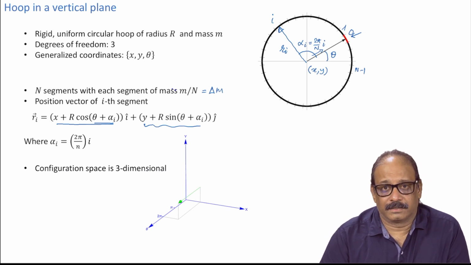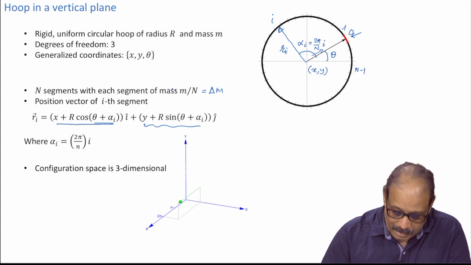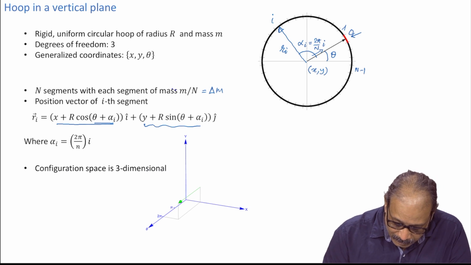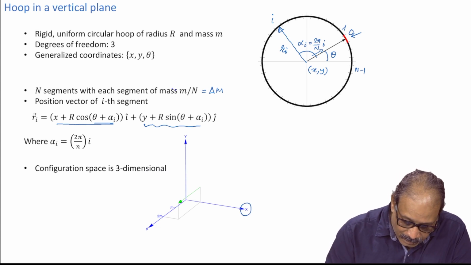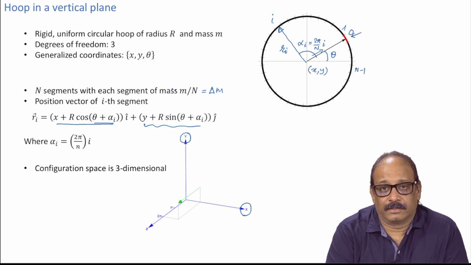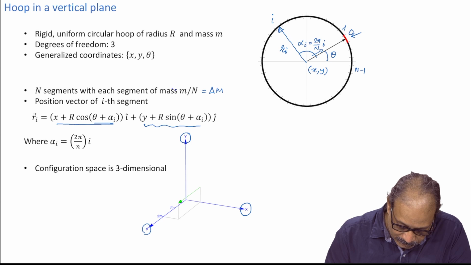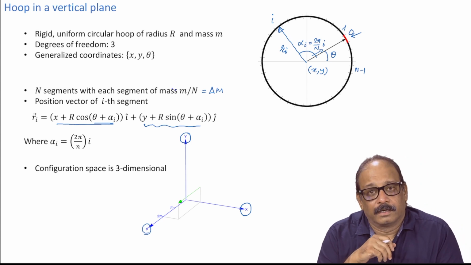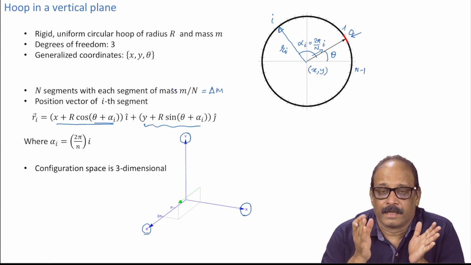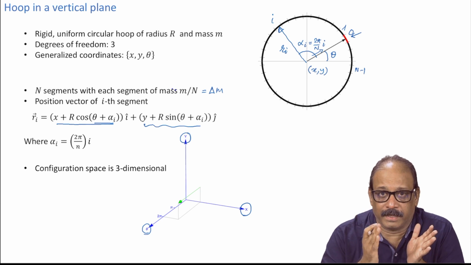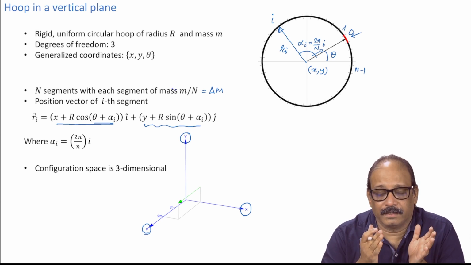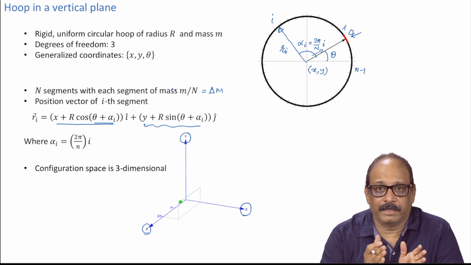I am going to plot this configuration space as shown in this figure, where I plot the x axis here, the y coordinate on this axis and the theta coordinate here on this axis. Also remember that the theta equal to 0 plane, which is actually the xy plane, and the theta equal to 2 pi plane